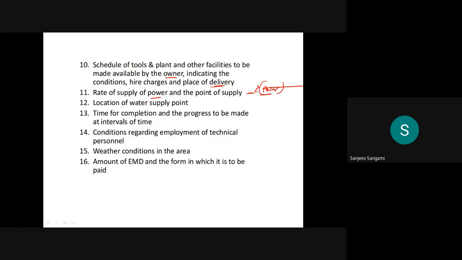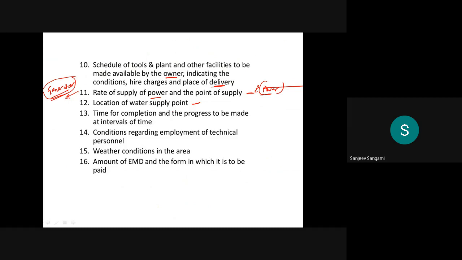If that is not available, you have to provide a generator. Whether generator facility is required or not has to be stated. Then the location of the water supply point, which is required most of the time.